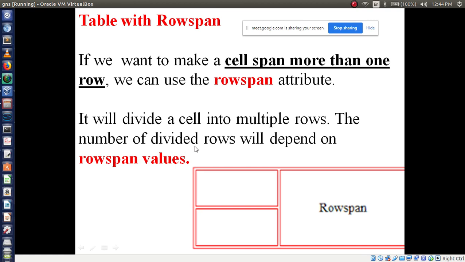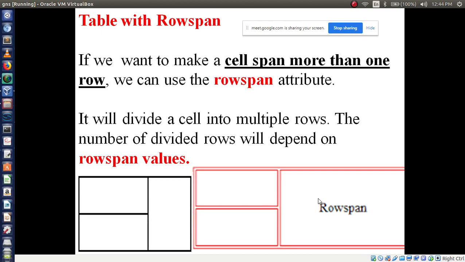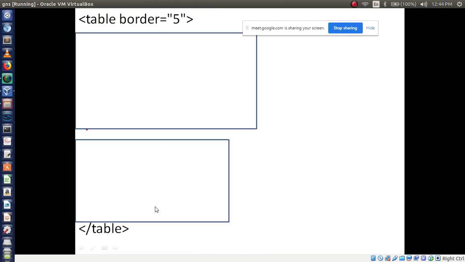The number of divided rows will depend on the row span value. This one is important. How many rows you want to span, that is called the row span value. Here two rows I am going to span, so I have to give rowspan equal to 2 while writing the code. See, this is row span.